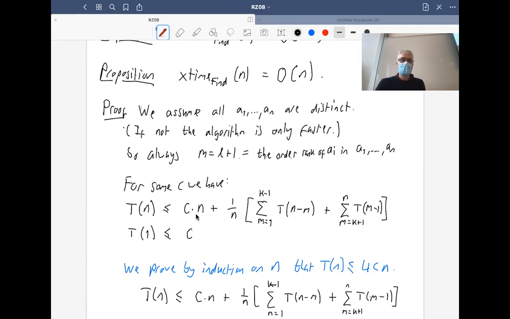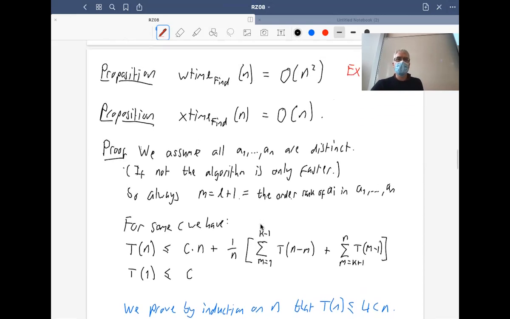And then we want the expected time of the recursive call. We added the expected time of the recursive call. So the expected time of the recursive call is,